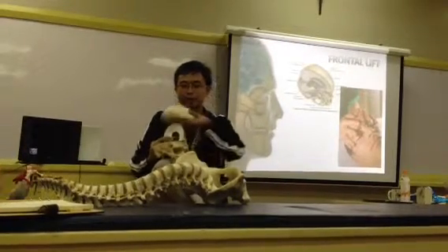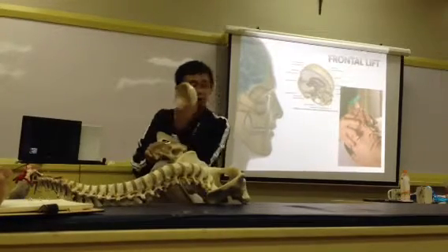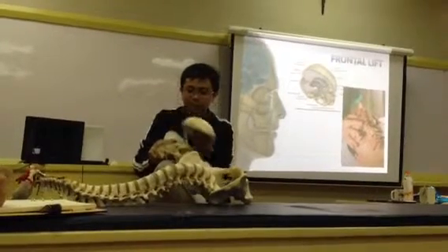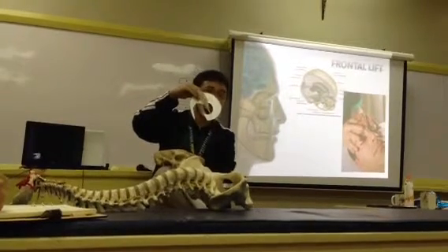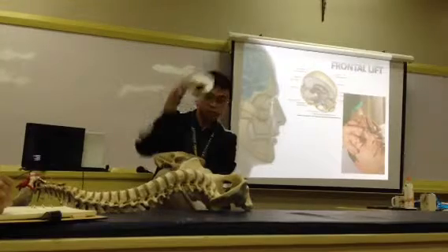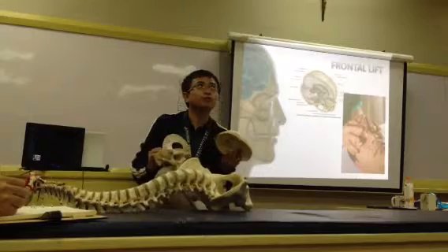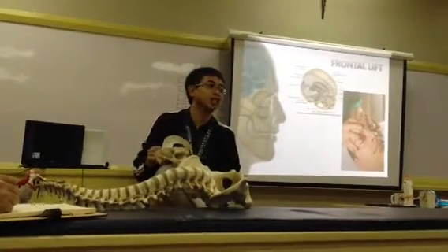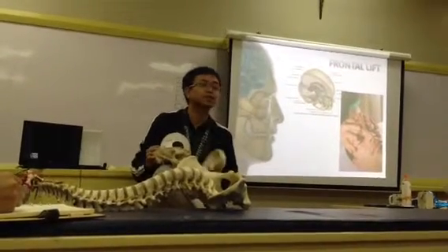How about the parietal lift? For the parietal lift, it is the parietal bone, these two, that we are trying to lift. With the parietal lift, we are affecting the tentorium, primarily the tentorium cerebelli, and even the falx cerebri and the falx cerebelli. So those are the principles they have. When we try to move them, we are also moving the craniosacral system of the body. When we talk about the craniosacral system, it involves the